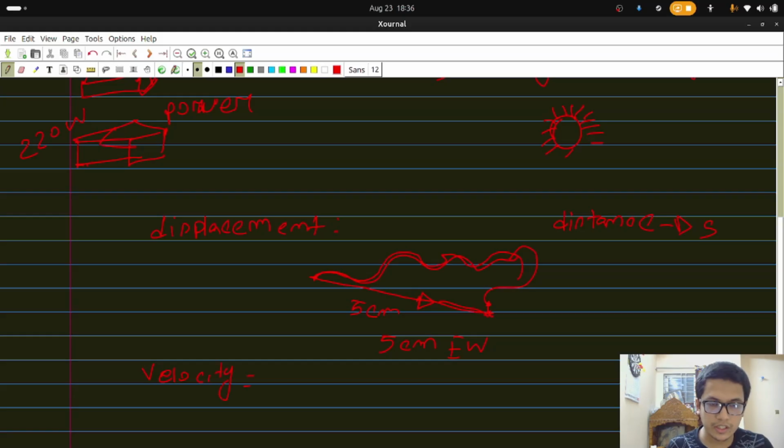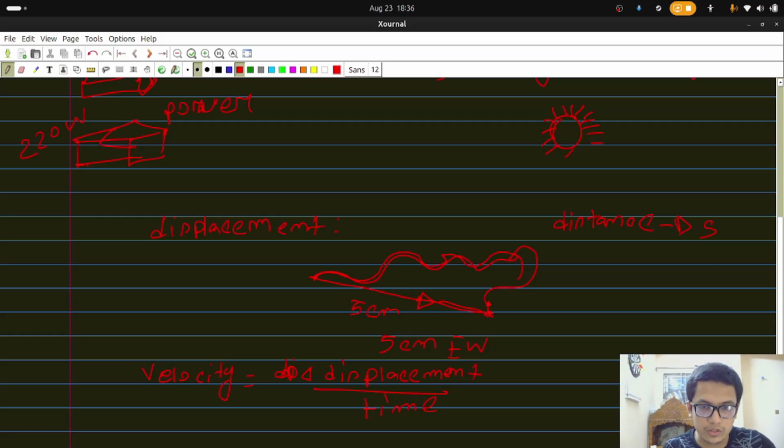Velocity is mainly, we say, the change of displacement. I can say change of displacement over time. Okay, sorry for the mistake. Displacement over time. Now we already know that displacement